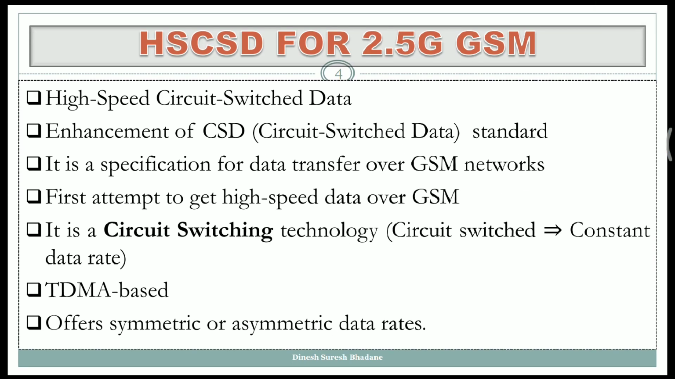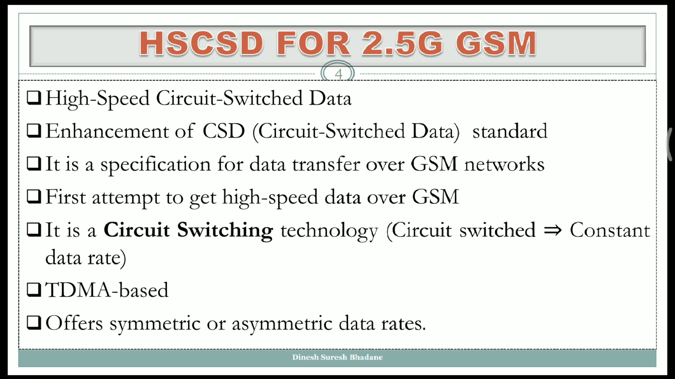The first 2.5G technique, that is HSCSD, stands for high speed circuit switched data. The full form of HSCSD is high speed circuit switched data. It is nothing but the enhancement of circuit switched data standard. The name HS stands for high speed. It is a specification for the data transfer over a GSM networks. Its first attempt to get high speed data over GSM,